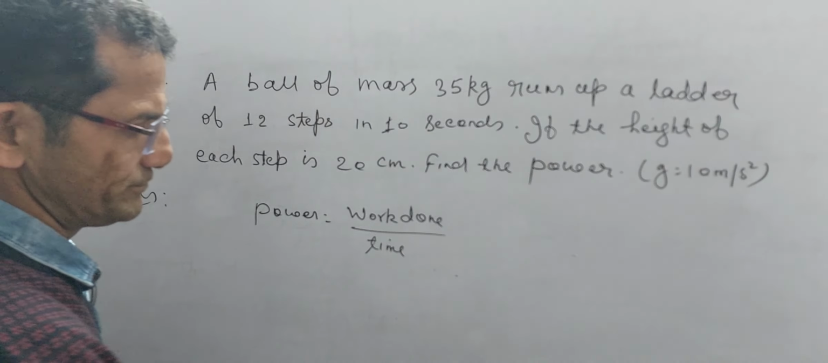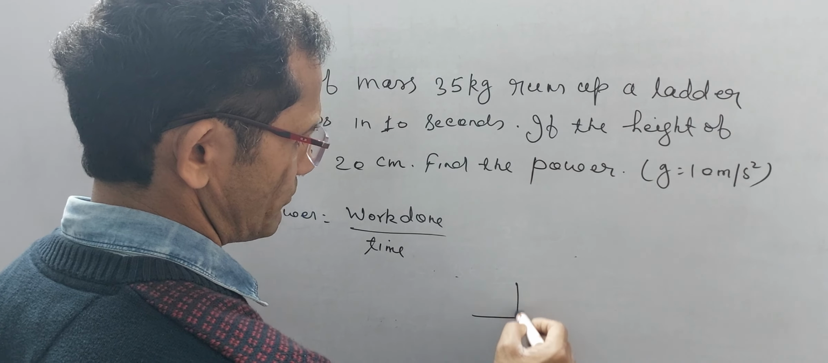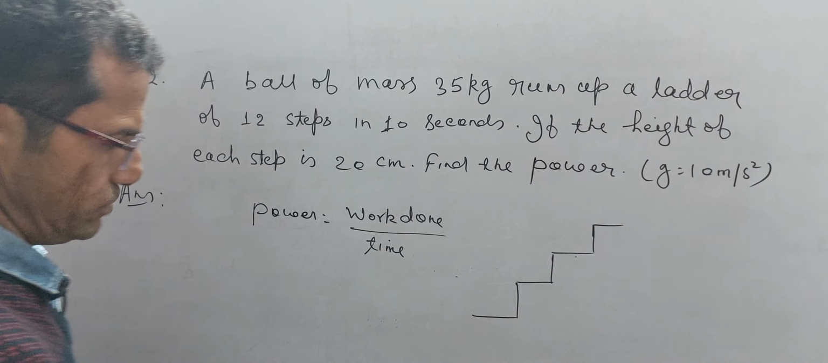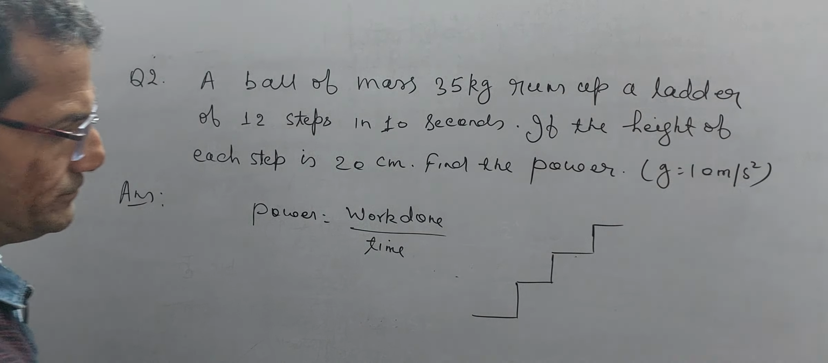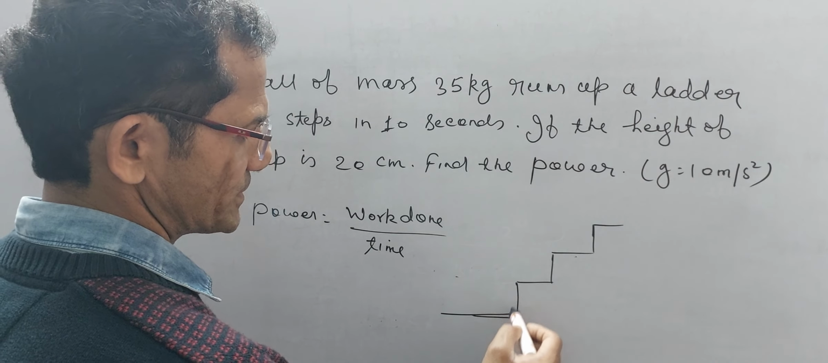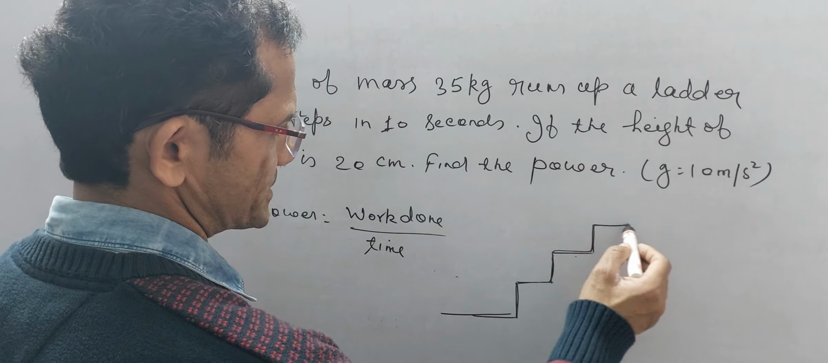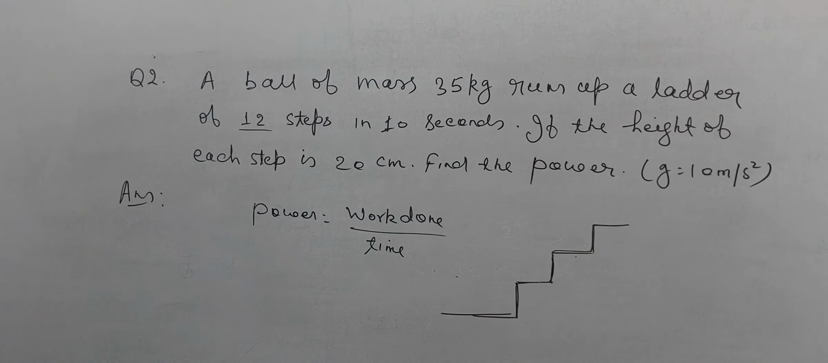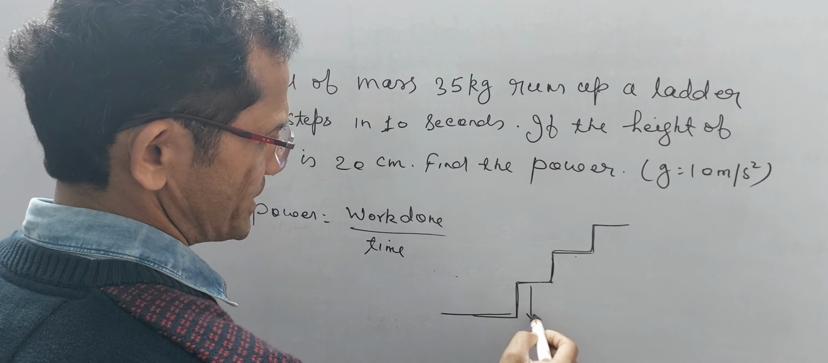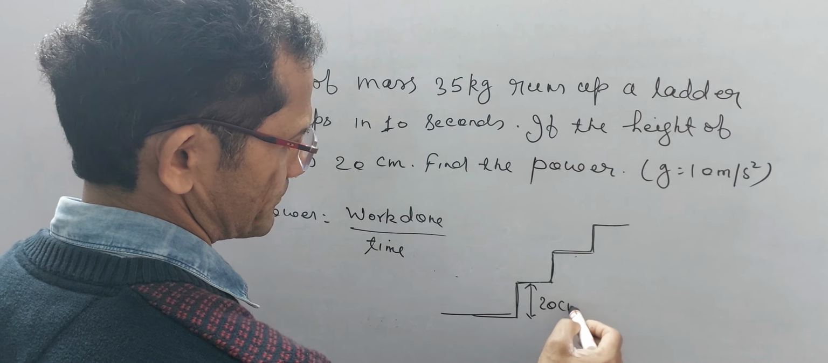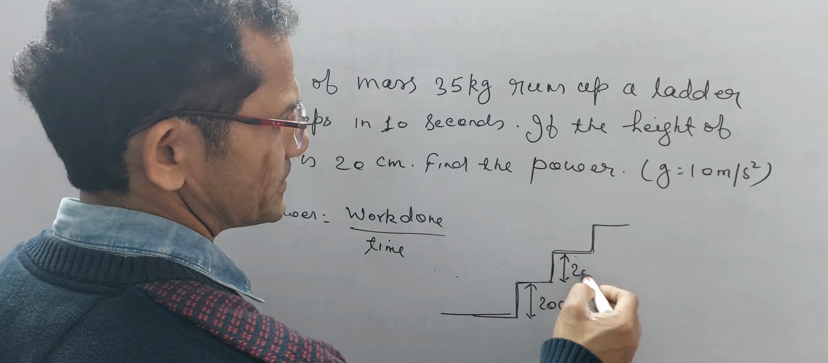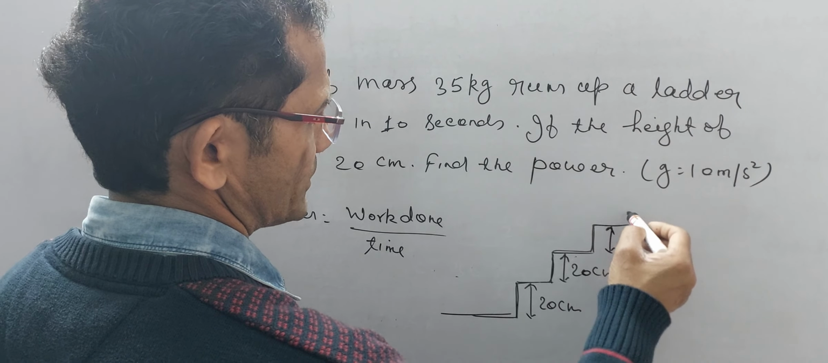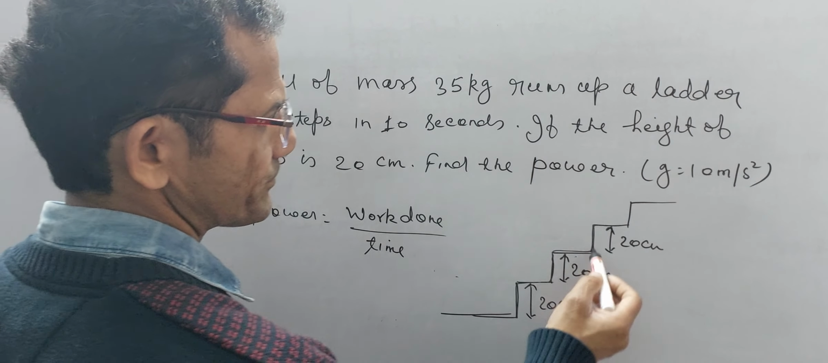So we know that a ball is going in the upward direction. These are the steps of a ladder. Suppose this is our ground, this is our first step, second step, and third step. There we have a total of 12 steps. Each step is 20 centimeter in height. So in this way the ladder goes